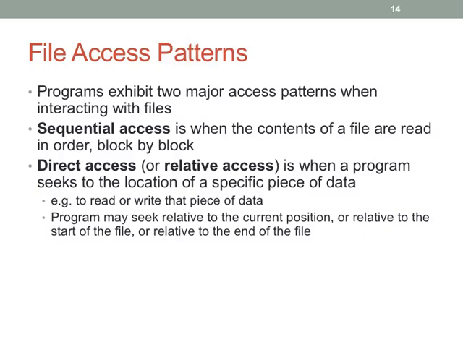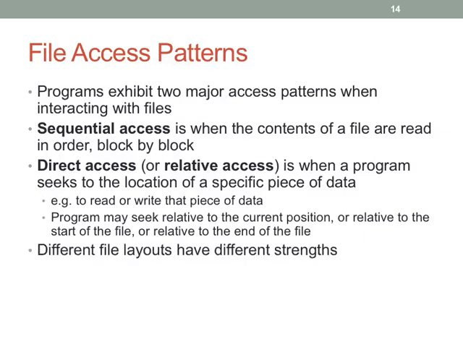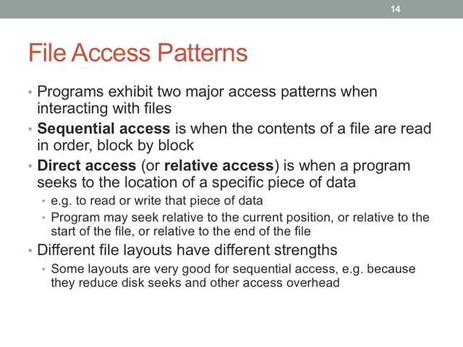and you go directly to that location and read or write a specific piece of data. Okay? These are the two access patterns that file systems need to handle. And so this is sort of like the big challenge of supporting both of these efficiently. You'll notice that a lot of times file system design is oriented around those two problems, sequential access and direct access.